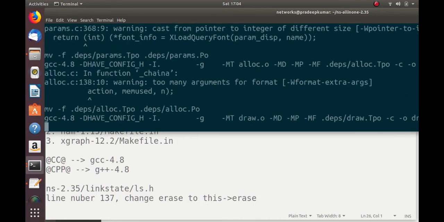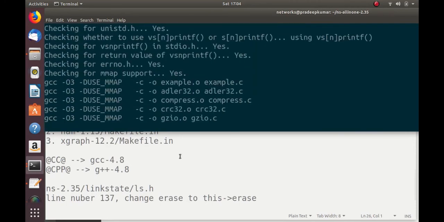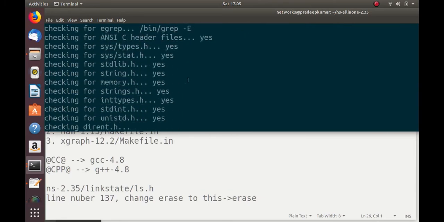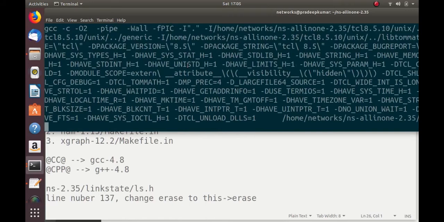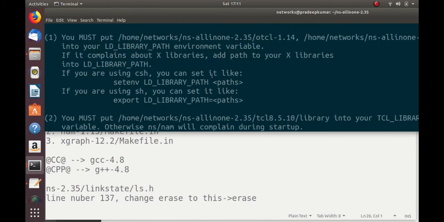Simply type the install command. Now this will take some time, let's say up to 5 minutes, to install all the packages. So we will not get any errors as such. So maybe I will just pause the video for some time, and after it is installed I will enable the video again. Thank you. Yeah friends, back. So now it got installed.